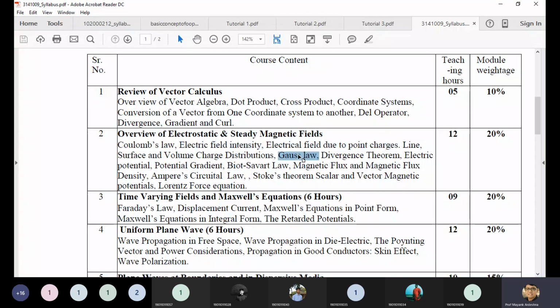Gauss's law may be asked, and according to Gauss's law it may be asked to derive Maxwell's first equation. You should refer to the previous GTU papers to see which kind of questions they are asking. I am just talking about the theoretical questions, because any example may be asked in an exam, but especially for the derivation part,